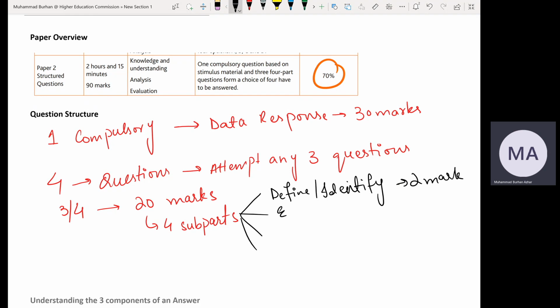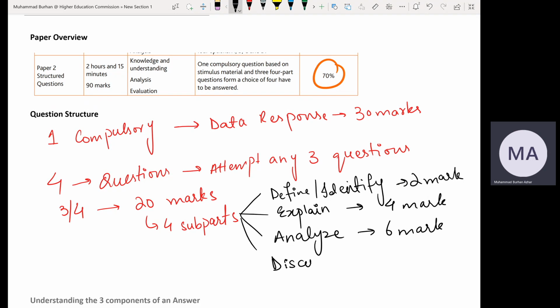Then we have an explain का question, जो हमारा command word होता है, and that is of 4 marks. उसके बाद we have a question of which जिसकी key term है analyze, that is of 6 marks. And then the final part would be a discuss question, which would be of 8 marks. ठीक है? So this is an overview of paper 2 के paper 2 के अंदर क्या क्या आता है and